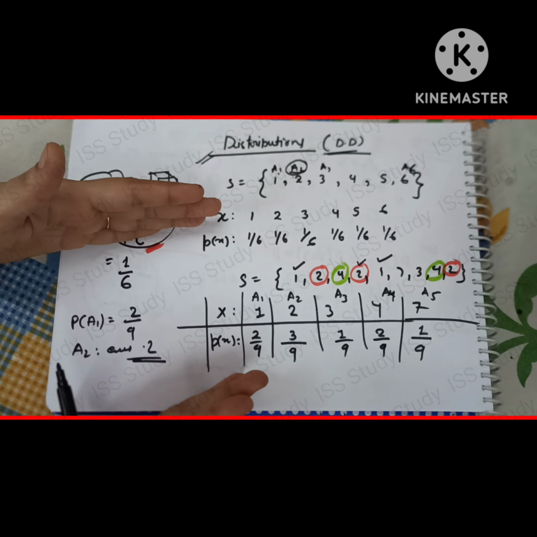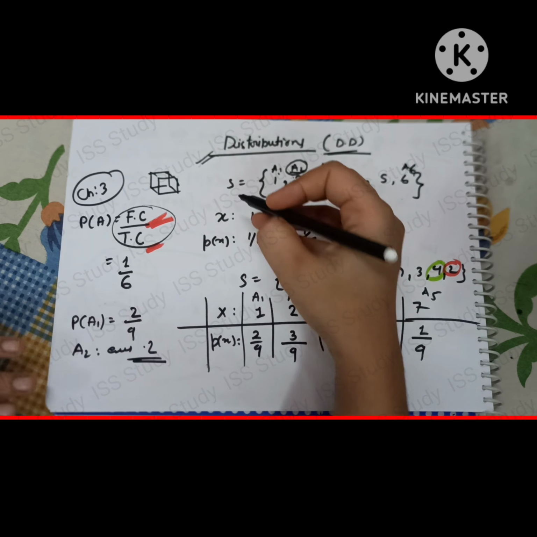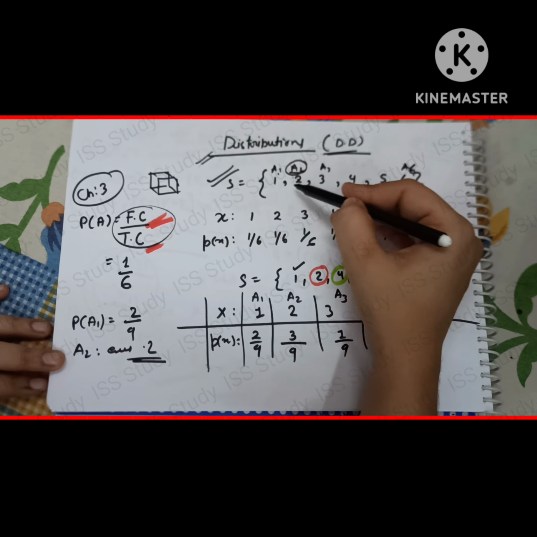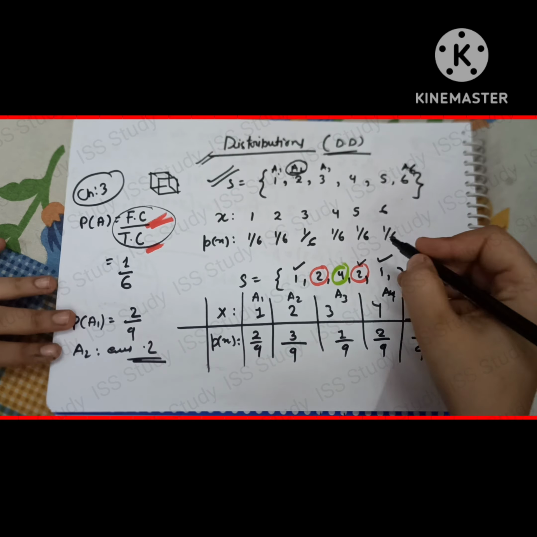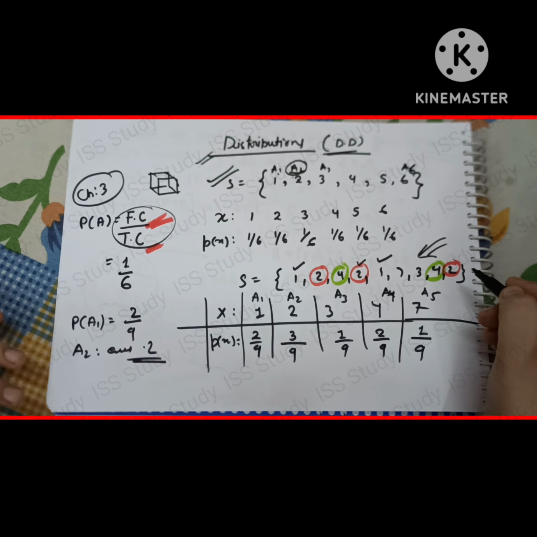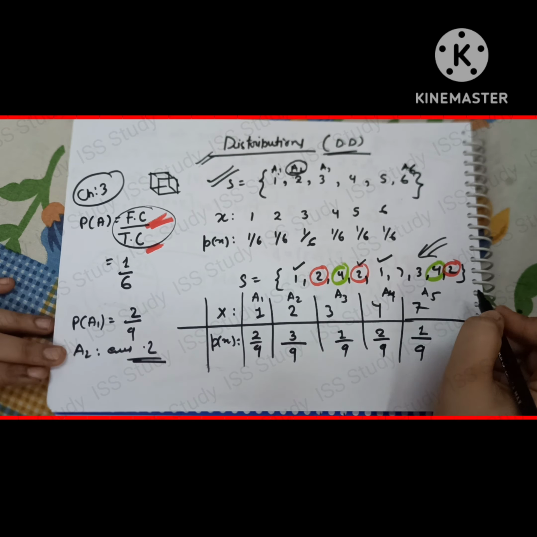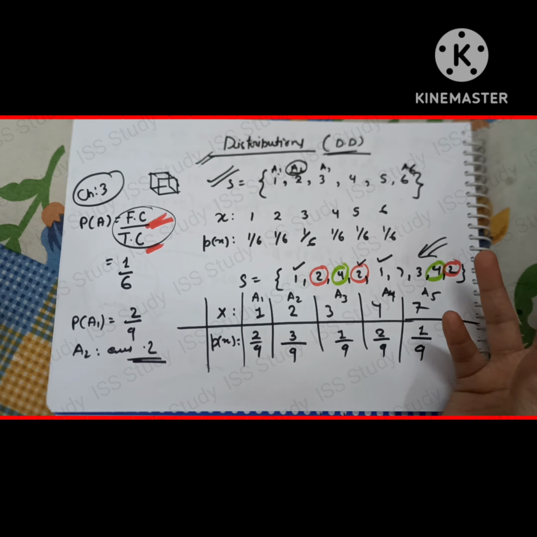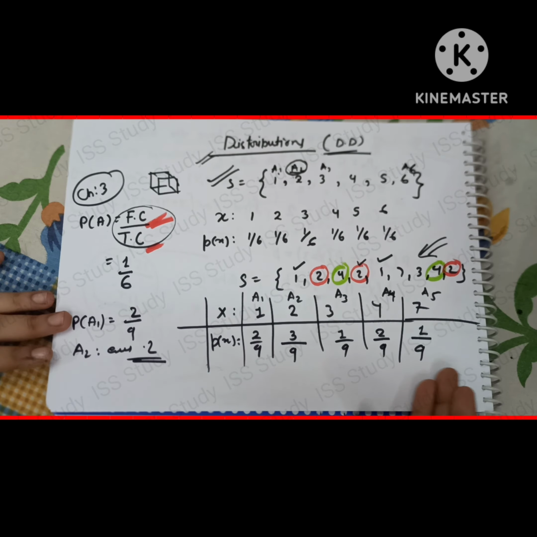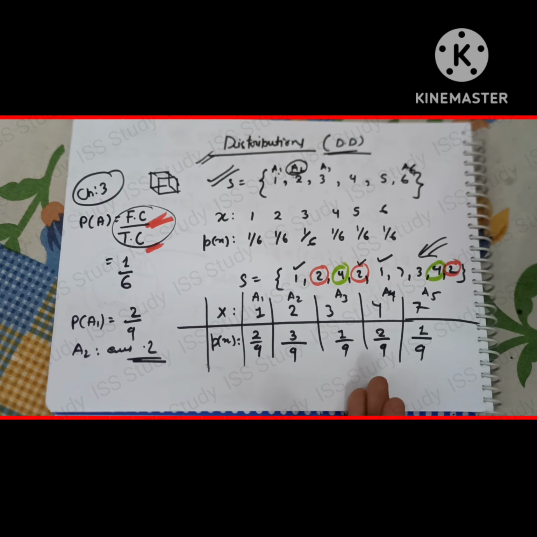So this is the difference between this example and this example. This is the example where we rolled a die. So that is why every number is occurring only 1 time. And this is the second example that I picked up to explain to you if we have the sample space like the same, but numbers are occurring like 2 times, 3 times. So accordingly, you have to attach probability to them like that. Okay, so this is what you have to remember.